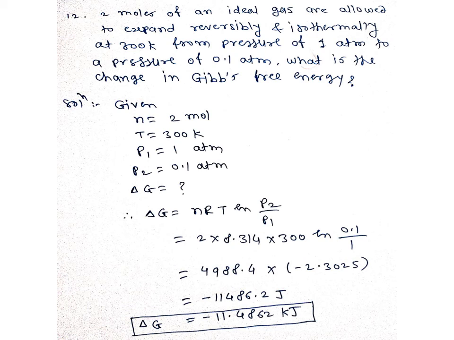Given: number of moles n is equal to 2 mole, temperature is 300 Kelvin, P1 is 1 atmosphere, P2 is 0.1 atmosphere, delta G we have to calculate. That is delta G is equal to nRT ln P2 upon P1. Put the values: 2 into 8.314 into 300 into ln 0.1 divided by 1. Solve this, you will get the answer, that is delta G is equal to minus